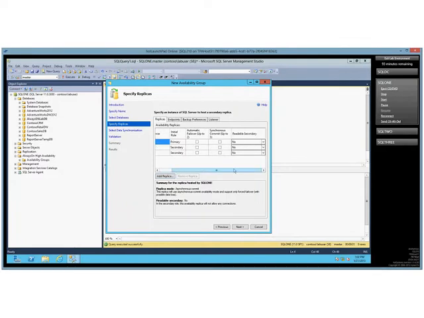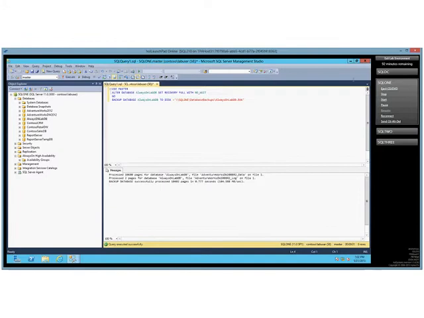some parameters that we can define for each one of these. And you recall that we can have two synchronous replicas per environment. So we're going to select one, we'll make that synchronous. We'll select two, and we'll make that synchronous, and we'll set it up to automatically fail over between SQL 1 and SQL 2. In addition to that, I'm going to go over to SQL 3, and whoops, just